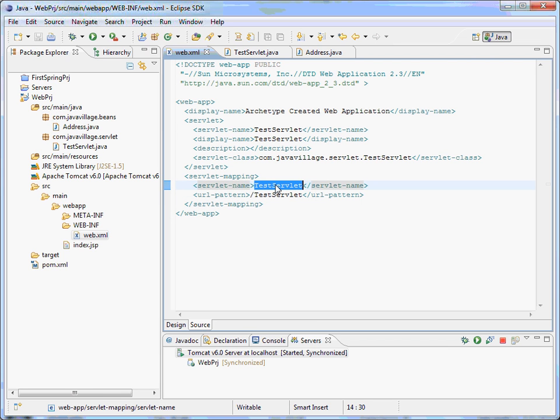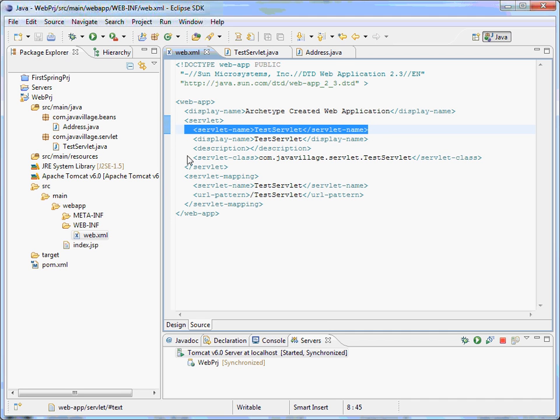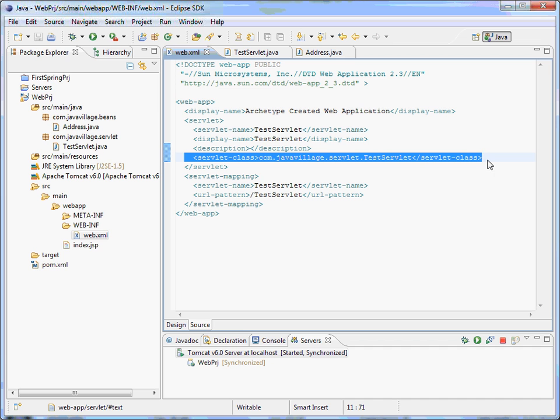Based on this test servlet, it will be totally monitored in web.xml. We have a servlet with the servlet name TestServlet, and based on this the servlet class will be executed. That is com.javavillage.servlet.TestServlet, nothing but this one.